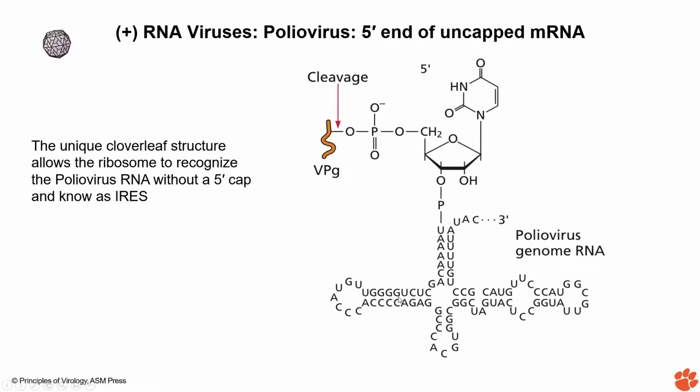So again, remember that there is a protein attached to the 5' end, which is cleaved off, and there is an RNA secondary structure which forms, which makes the ribosome read the sequence from an internal site, which is known as an internal ribosomal entry site, or IRES. This is a hallmark of the poliovirus genome, and without a 5' cap, it can be recognized by the ribosome. These amazing things can evolve with these viruses.